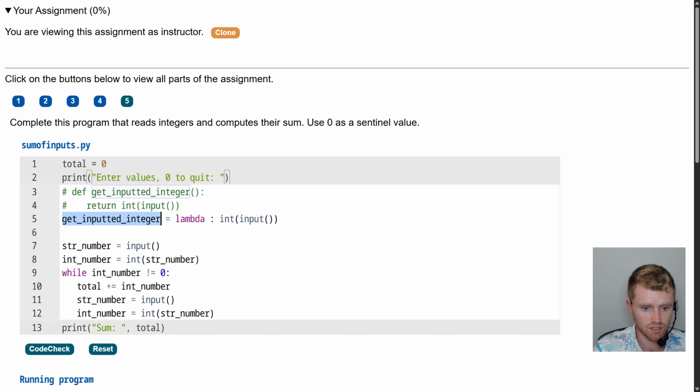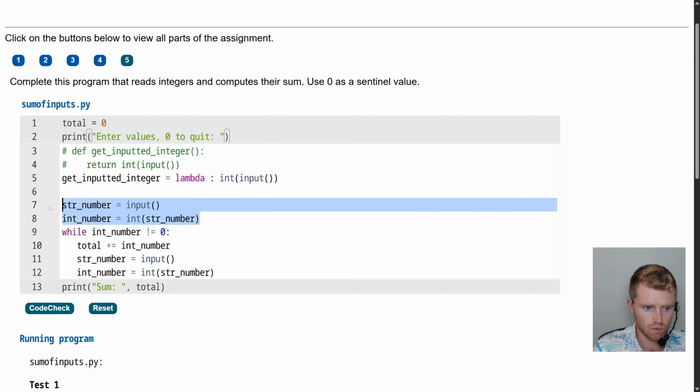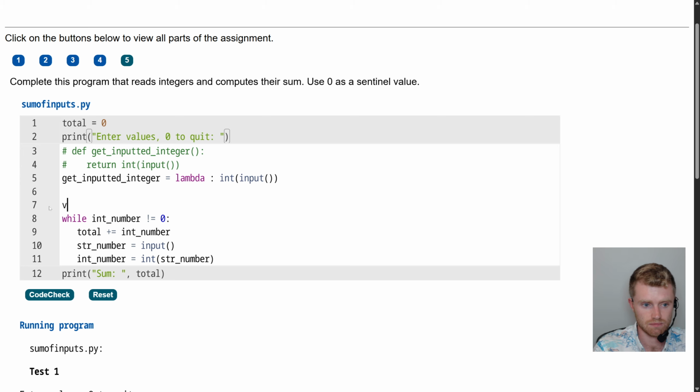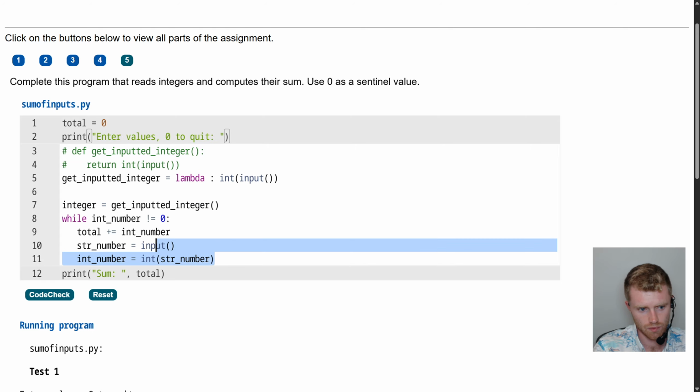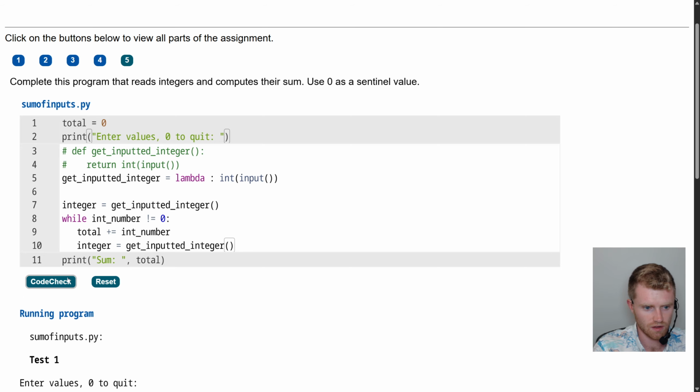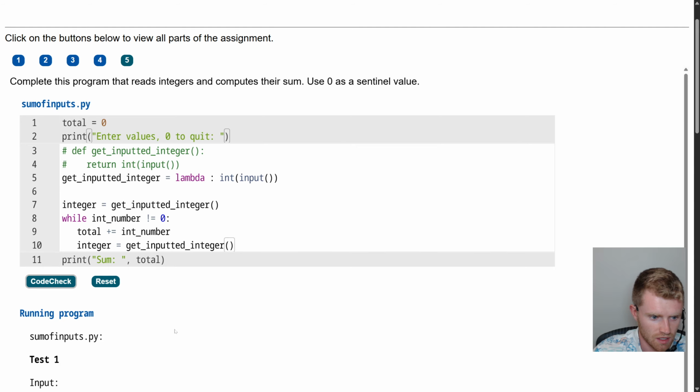This is the function that we're going to use, and we'll use it once to say, let's just call it integer, because that's not a keyword in Python, so we can use it as a variable name. Integer equals get inputted integer, and we'll do that again here. All that just to save